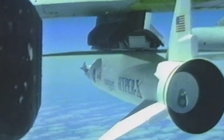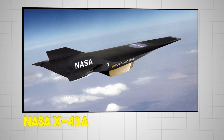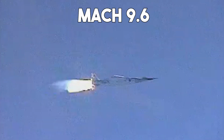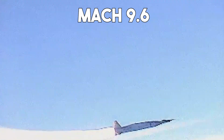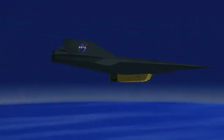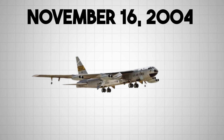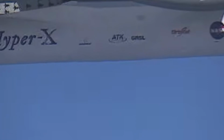And here it is, the fastest vehicle in human history. The NASA X-43A, an unmanned experimental aircraft, flew at Mach 9.6, that's 7,346 miles per hour, or 11,850 kilometers an hour. On November 16, 2004, it launched from a B-52 bomber boosted by a Pegasus rocket, and